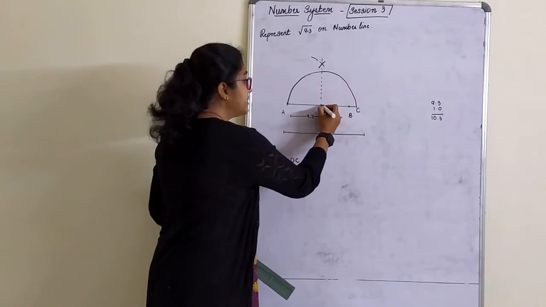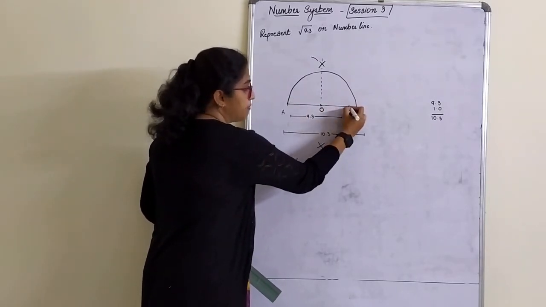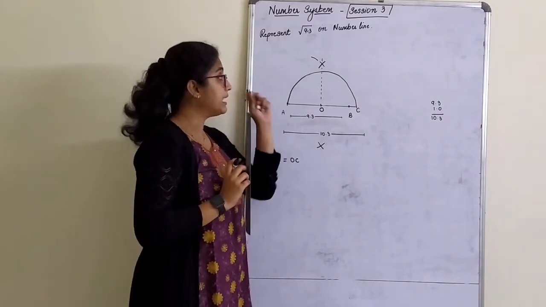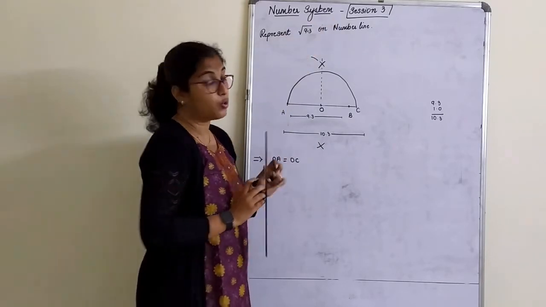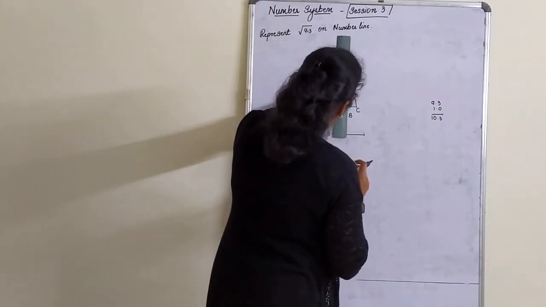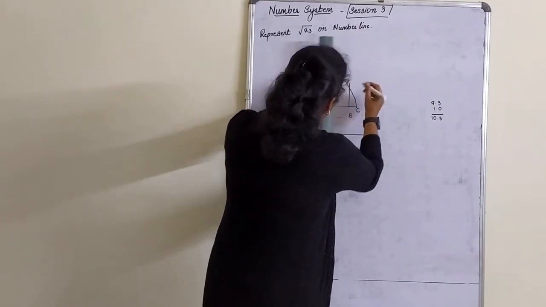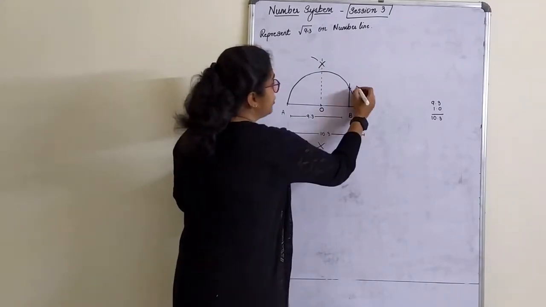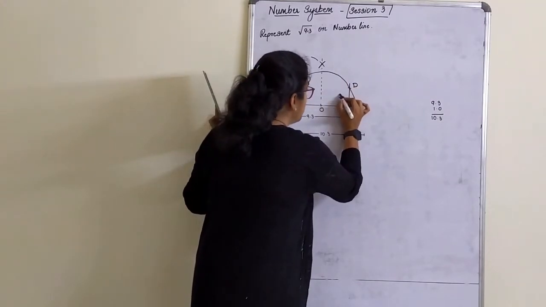Now what we have to do is, take your scale. We have a point B here, right? So this arc when we draw from A to C, we have a point B. From point B, draw a straight perpendicular such that it will cut the semicircle where you have drawn. So if I hold my scale like this here, and if I draw, this will cut at this point, right? That point you can name it as D. BD is the measurement of root 9.3,